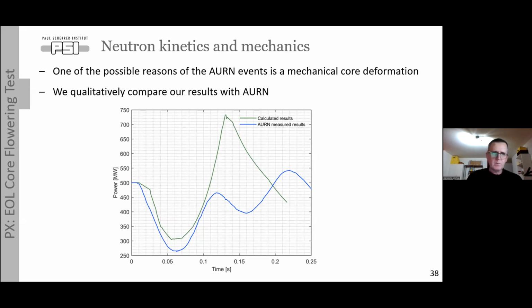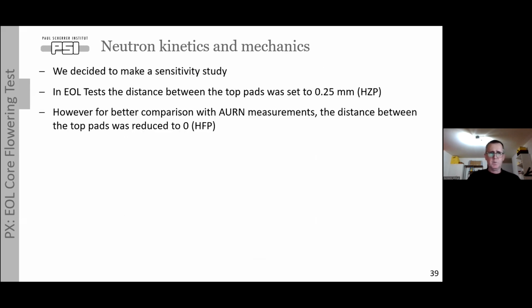So we decided to make a sensitivity study. In our end-of-life test, it was an isothermal test, and the distance between the top pads was set to 0.25 millimeters as hot zero power. And we used this approach first in our exercise. But then we decided that the Phenix negative reactivity event was at hot full power. So we decided to reduce the distance to 0, because they should be in contact when there is an axial